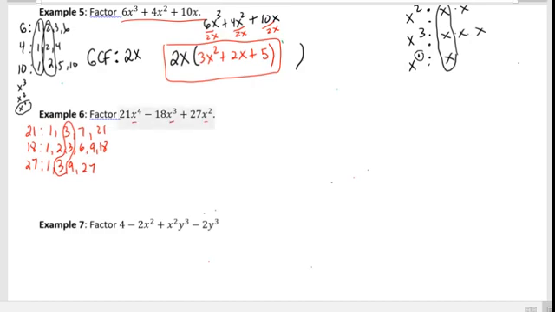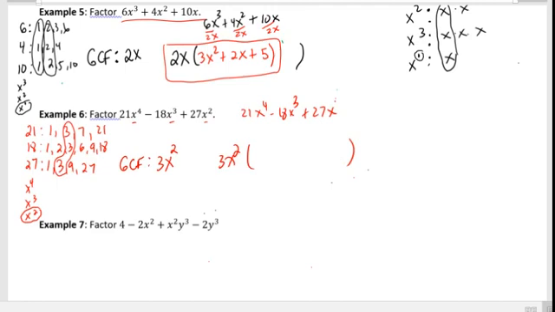And they each have at least one x. So we have x to the fourth, x cubed, and x squared. The smallest exponent, in this case 2, will be part of our greatest common factor. So our greatest common factor would be 3x squared. And so if I write my 3x squared on the outside,